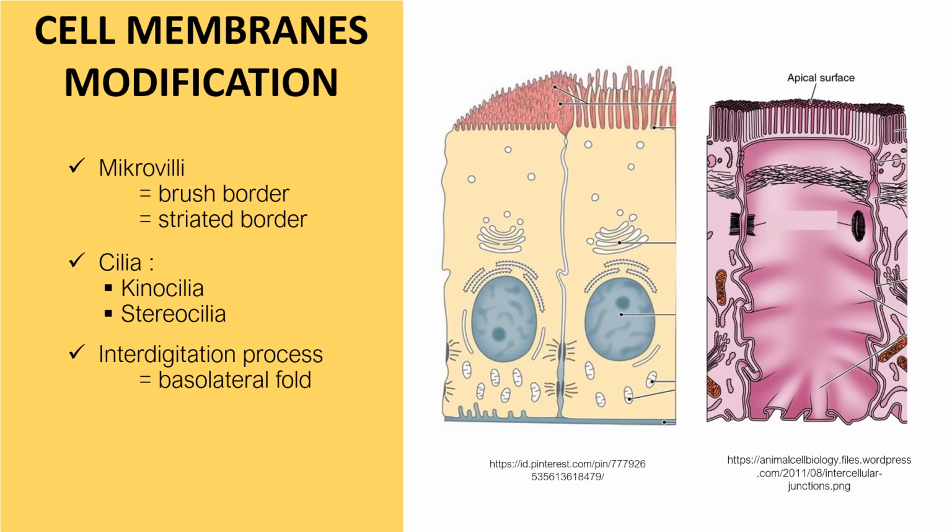Some epithelia, such as cuboidal epithelium and columnar epithelium, have a special structure that is a protrusion of the cell membrane, especially in the apical part of the cell and also on the lateral and basal cells. This protrusion is a modification of the cell membrane that serves to expand the apical and lateral surfaces of the cell. All function as a moving structure on the epithelial surface. There are several forms of the cell membrane modification, which are microvilli, cilia, and basolateral fold.